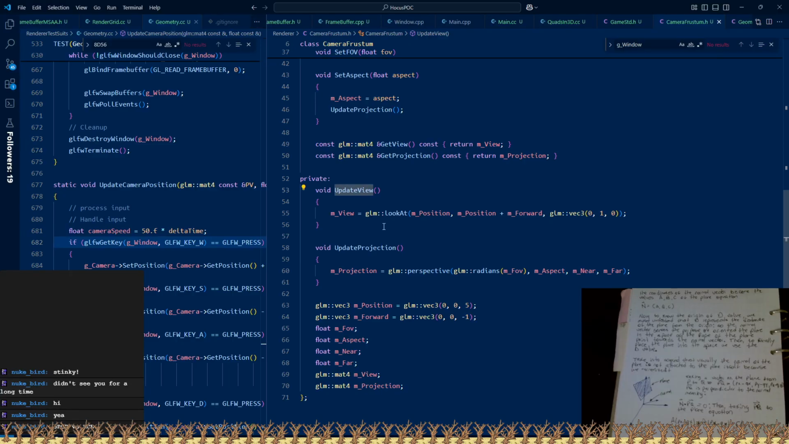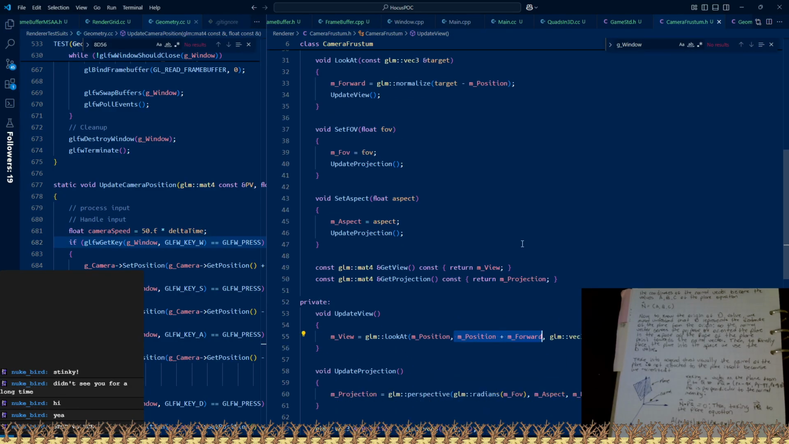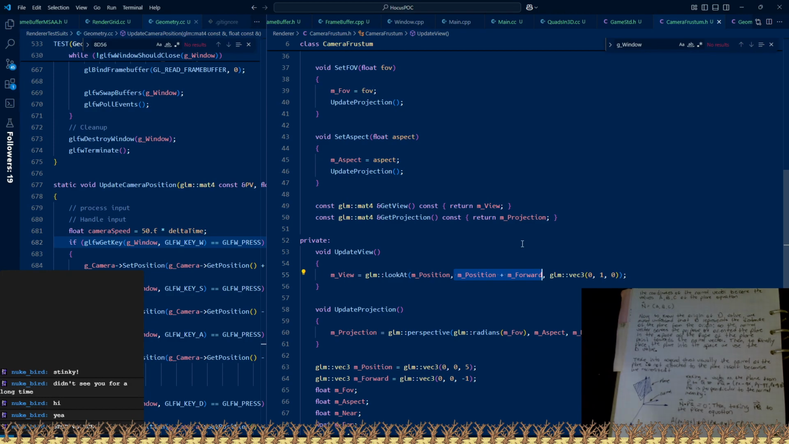I think this is all right. Look at up is okay. Target position plus forward. That's all right. That makes sense, Alter. Does that make sense? I mean, if I have a target independent of the position,